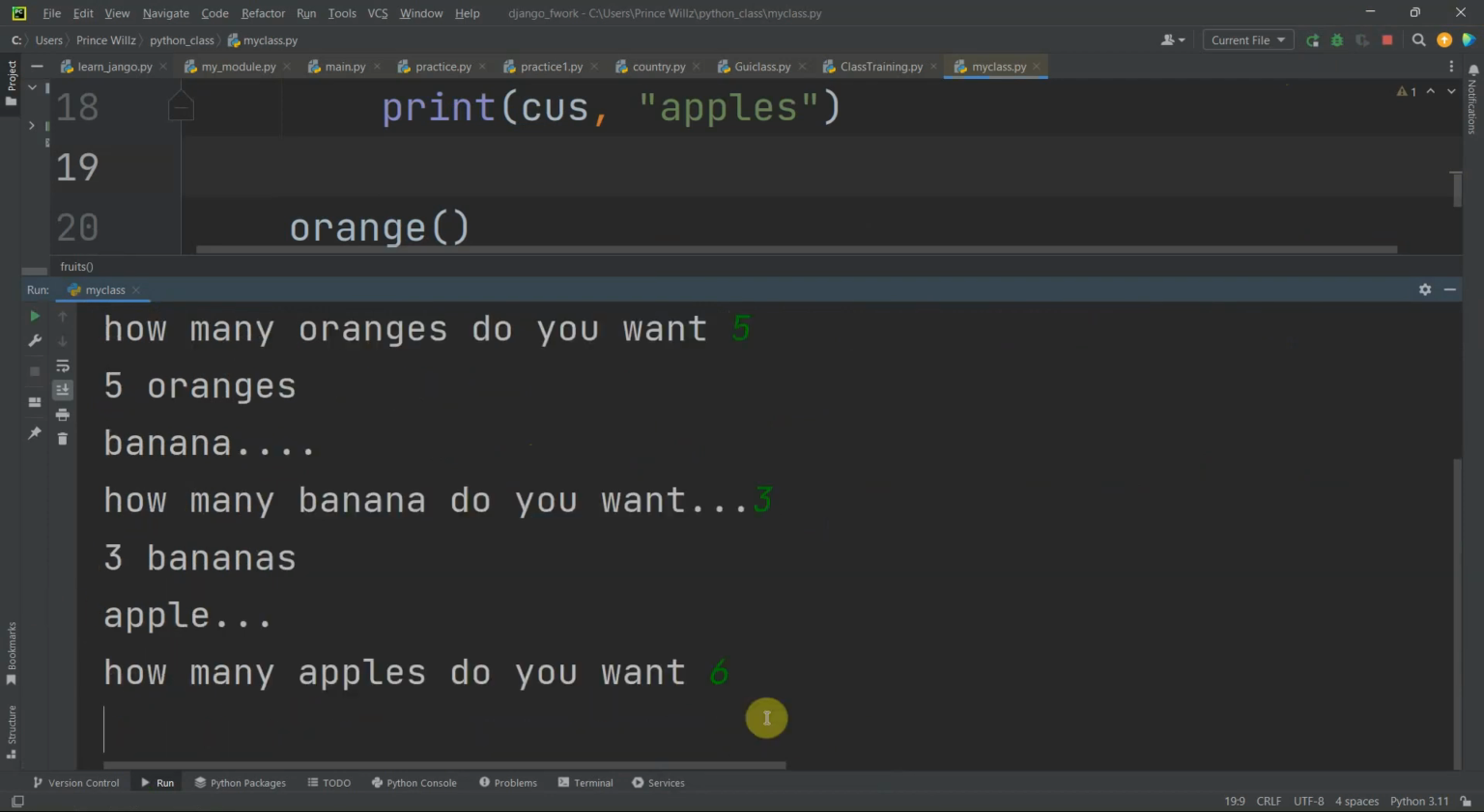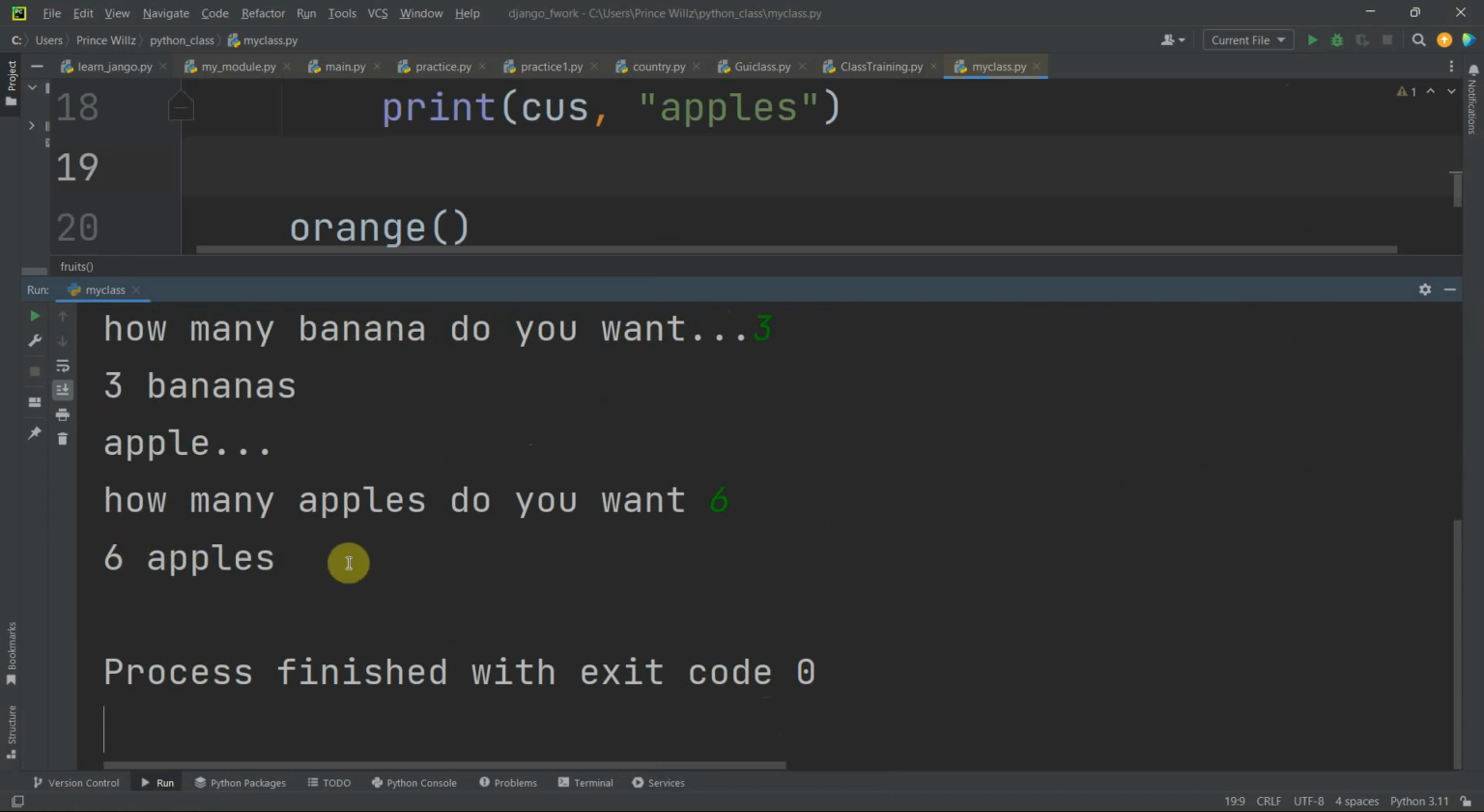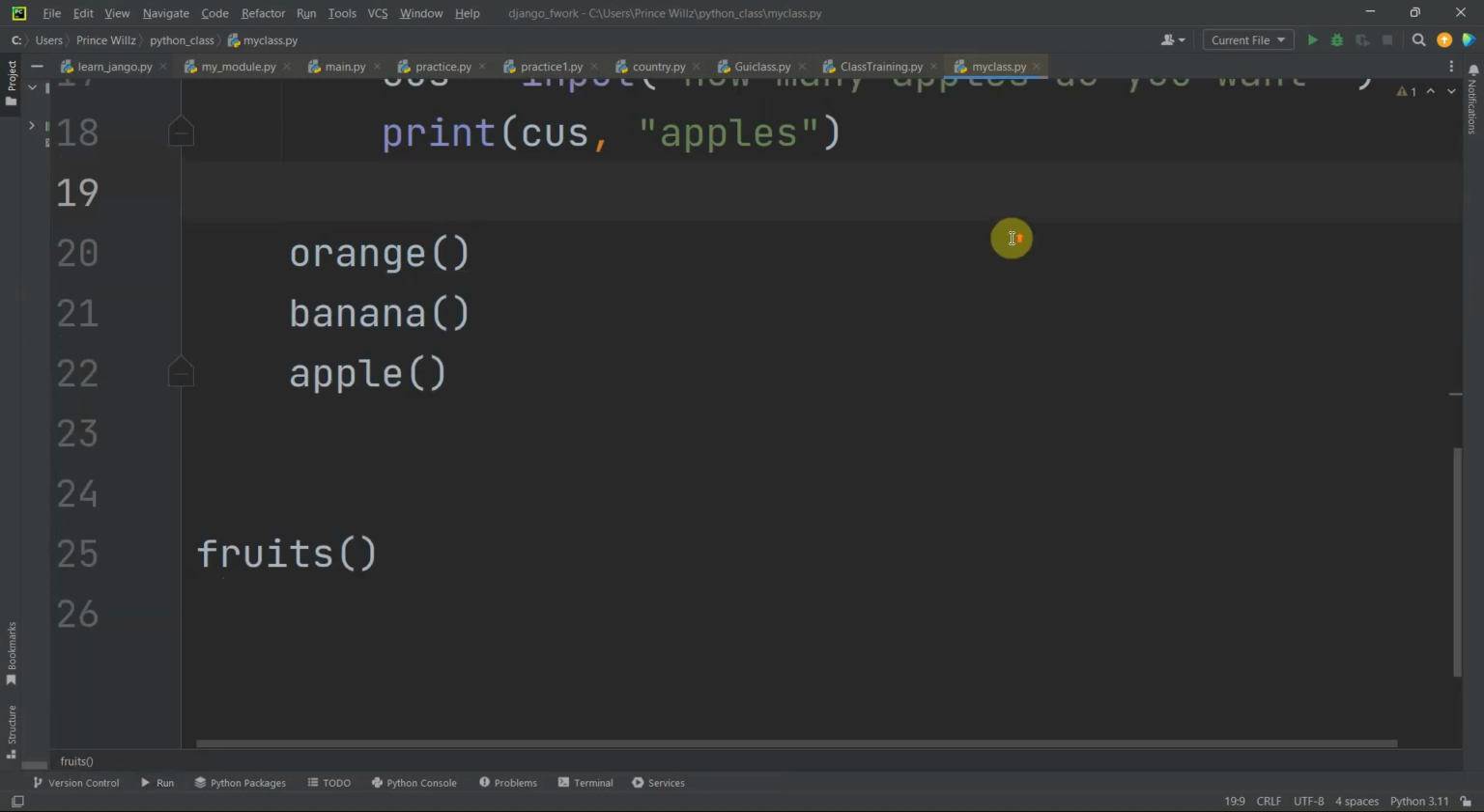Maybe I want 6 apples. I hit enter. It says 6 apples. Okay. Now if you want to maybe print out the total number of what you have selected: 5 oranges, 3 bananas, and 6 apples. If you want to print that out, you have to